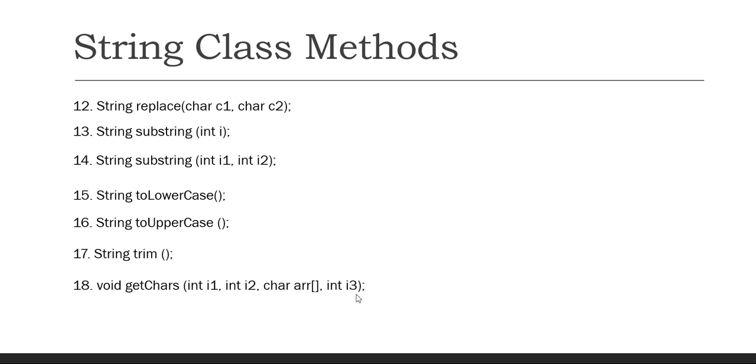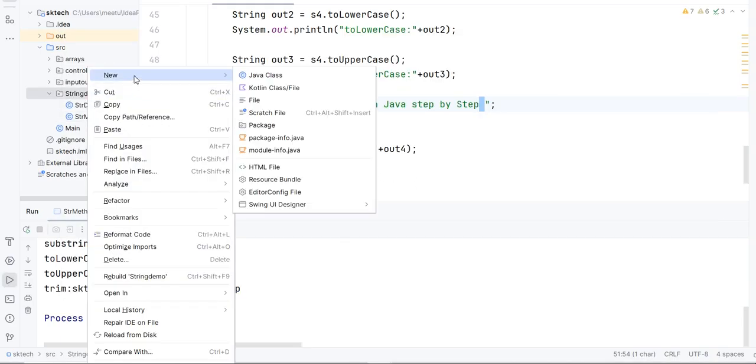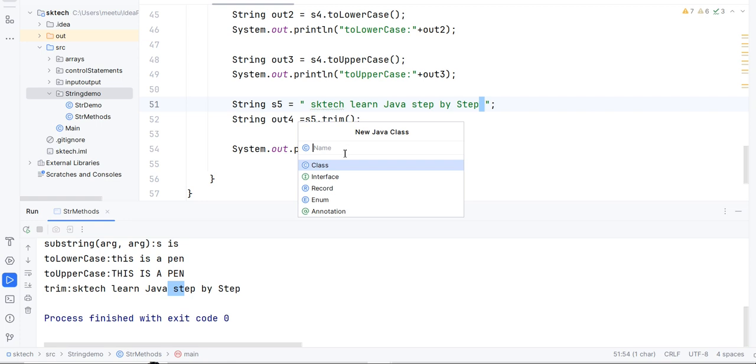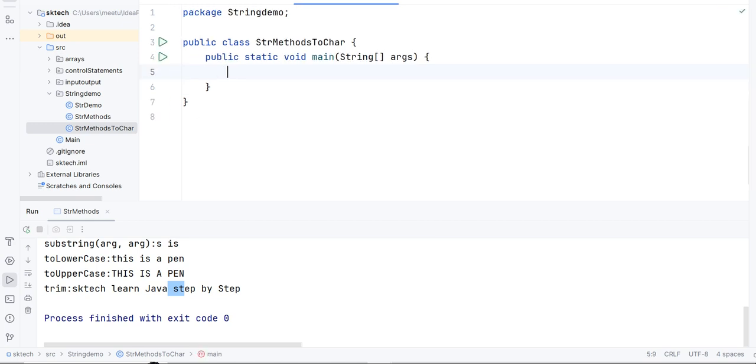Let's take an example, and that will make it more clear. Let's go to the IntelliJ IDE. Let's create a separate Java class so that it will be helpful for us to understand. Let's give the name StringMethodsToChar. You can give any name, basically. I've just given a simple name, and let's create the main method.